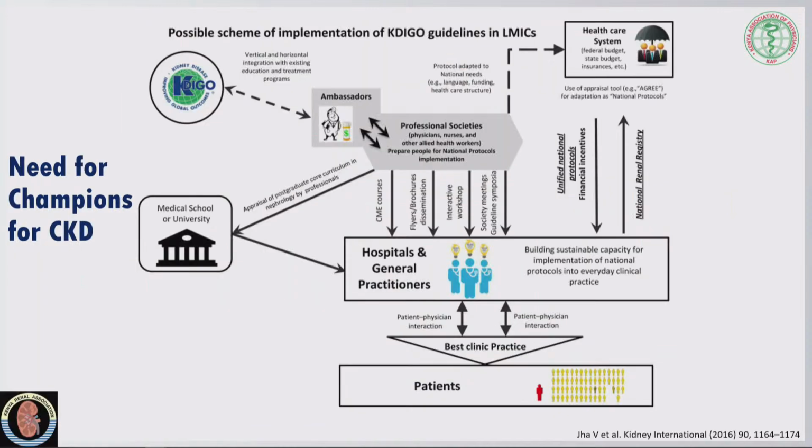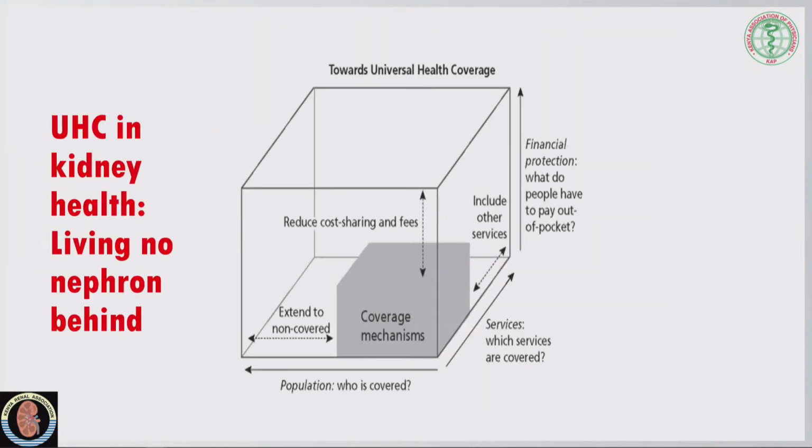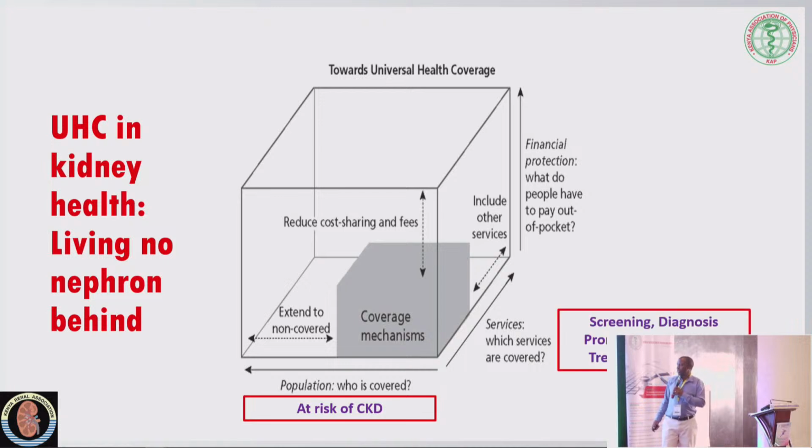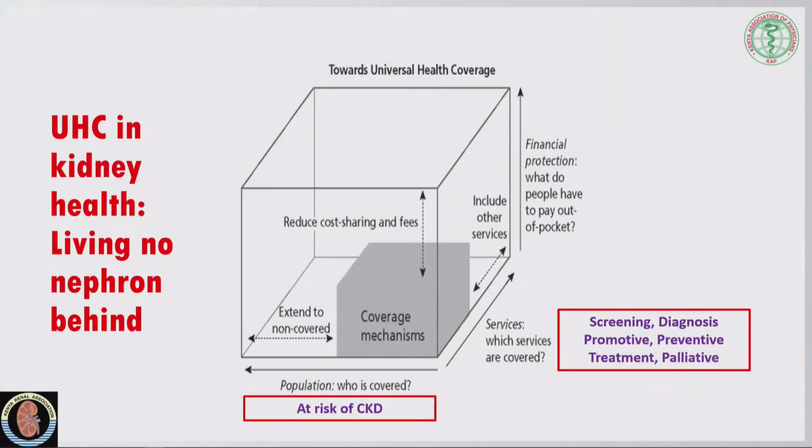Therefore, we did champions for CKD, champions that will encourage education, as you have said, encourage interaction with the healthcare system, etc., basically advocates for chronic kidney disease. So UHC in healthcare, we have talked about those at risk of chronic kidney disease. We need to improve that population. We have to increase the services involved in screening, in promotion and prevention, in treatment. We have to ensure that there's